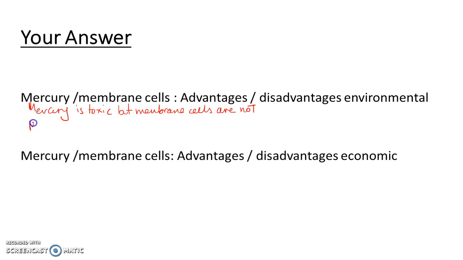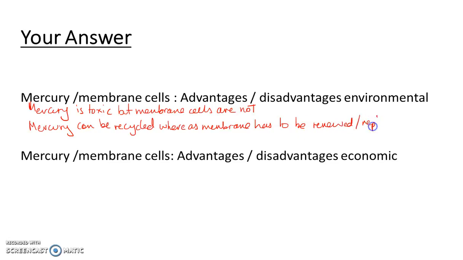But on the flip side, mercury can be recycled, which obviously has environmental and I guess economical reasons. Whereas the membrane has to be renewed / replaced every 3